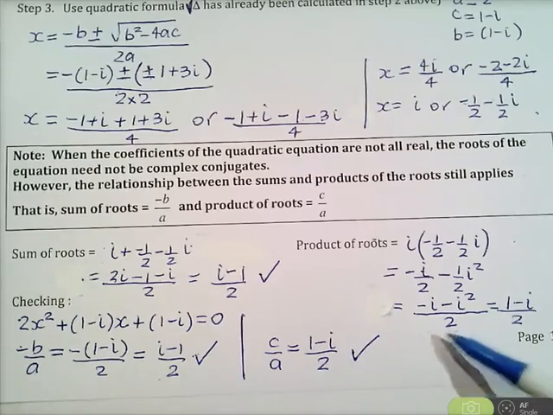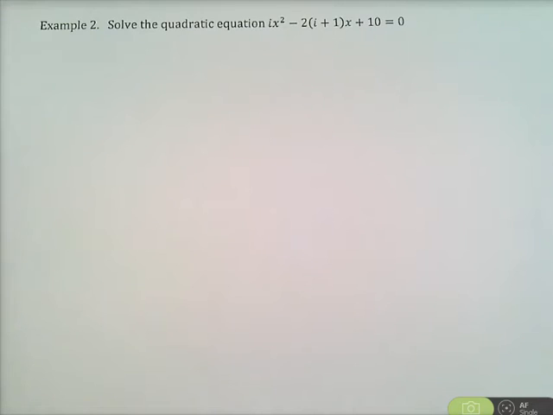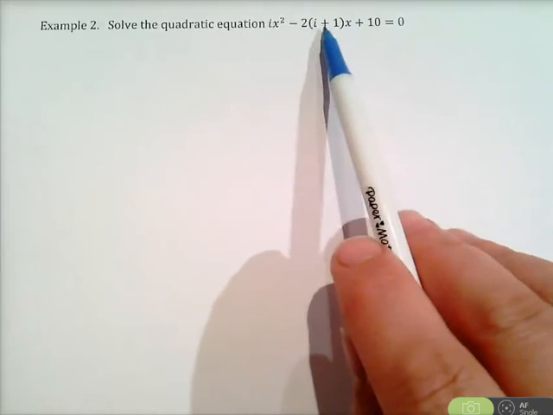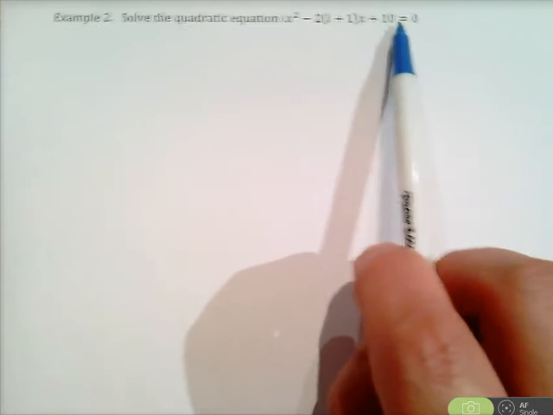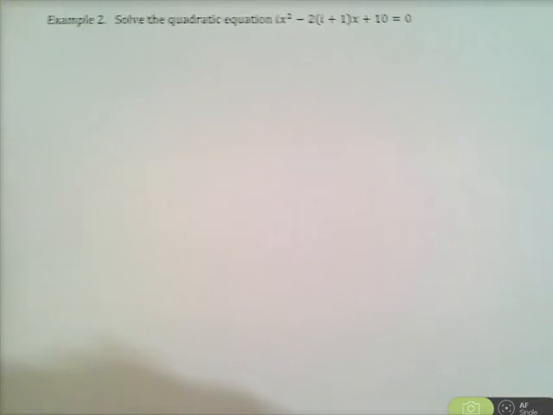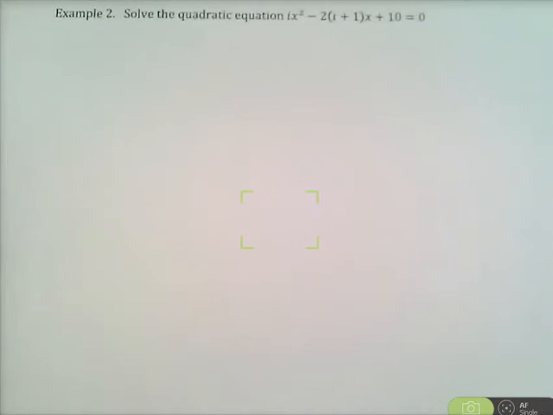So therefore I know my answer is correct. Okay, we're now going to go to page 15. On page 15, you're asked to solve that quadratic equation. Notice the coefficients A and B are complex, but the C is real. But it doesn't matter, as long as one of them is complex, you need to use the method that I